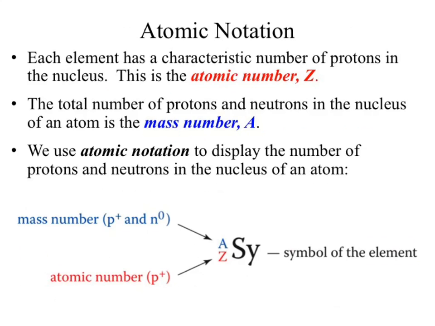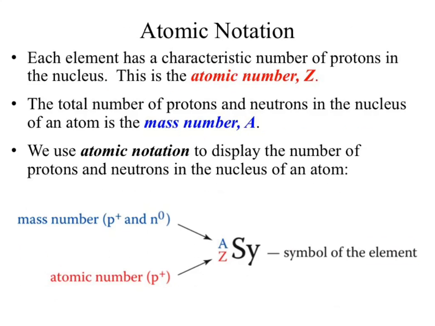On the upper left-hand side, we have the mass number. That mass number, as the name might suggest, represents the mass of your individual particle. Okay, well, what things contribute to the mass? Well, proton for sure is there. What about electrons? Did anybody look at the table to see how big an electron was relative to a proton? 1/1836. Okay. So an electron is effectively weightless in comparison to a proton.